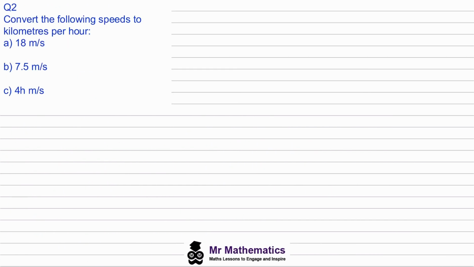Okay, so we need to convert 18 meters per second into kilometers per hour. And the method is very similar. We begin with a ratio of distance to time. Now our distance is measured in meters, so we've got 18 meters per second, or for every 1 second. What we want is kilometers per hour. So if we work out the distance in 1 minute, or 60 seconds,